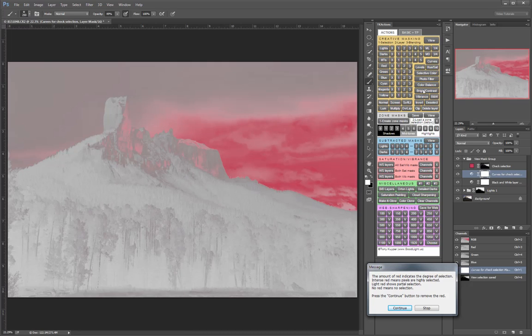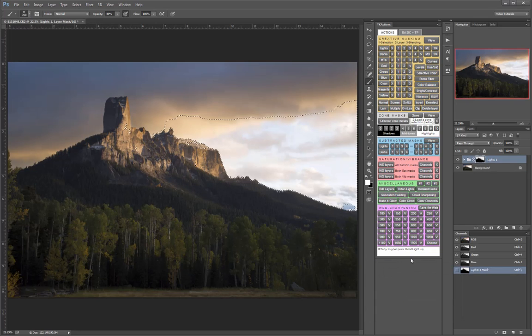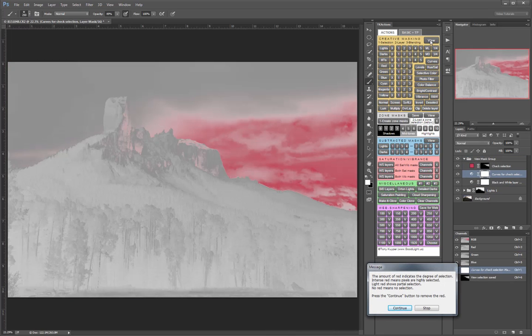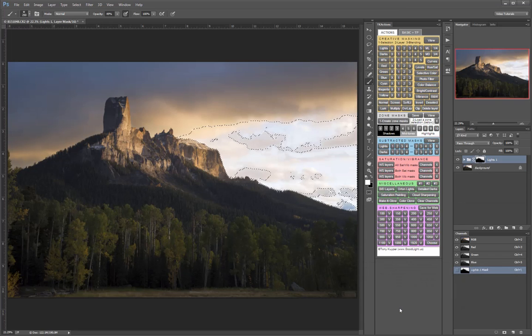And that's done a pretty good job of getting that brightest part of the sky selected. But I'm going to look at a Lights 3 just to compare. So I'm going to select the 3 button and then click the View button. And I think that one may do even a better job or constrain the adjustment more to that part of the sky that I really want. So I'll click continue, and knowing that that's the right mask or the mask that I want to use, I'll